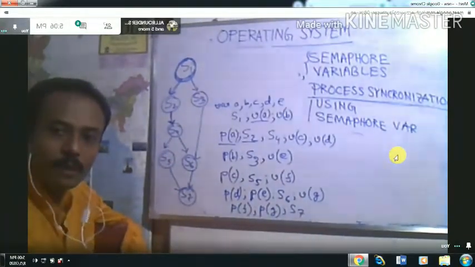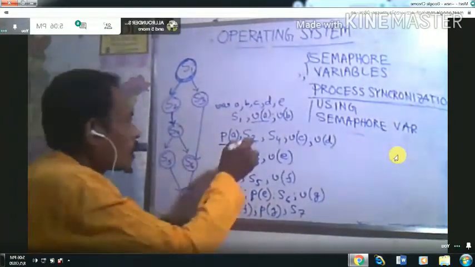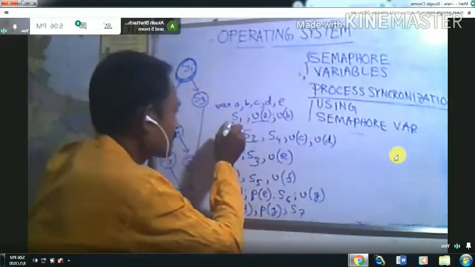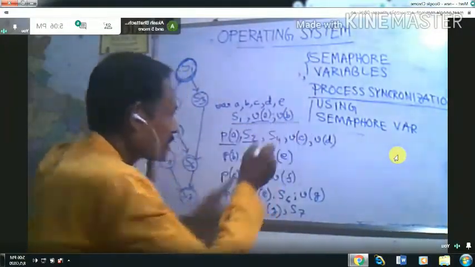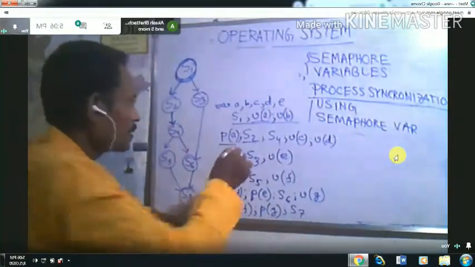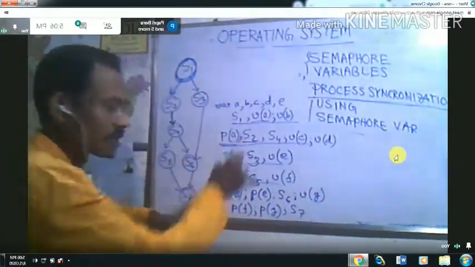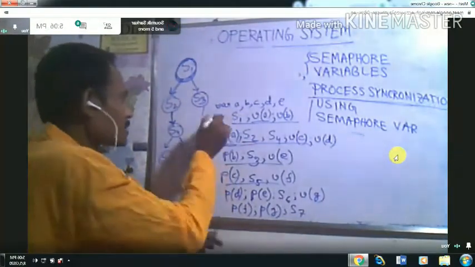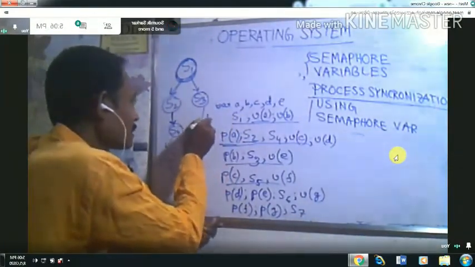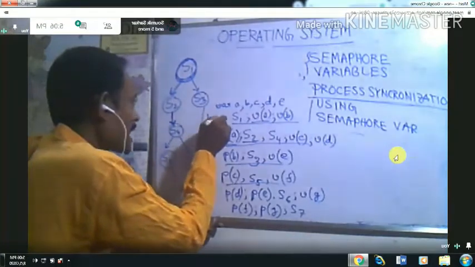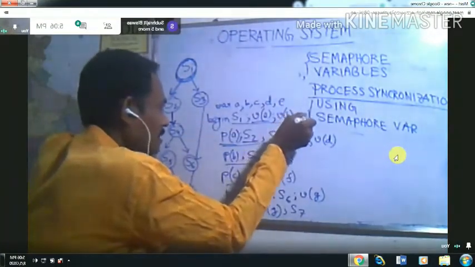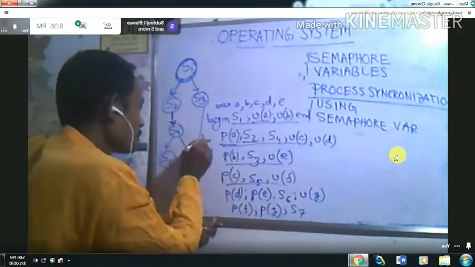And all these statements will execute concurrently, serially. They will be executed serially, and all these are child processes. Each child process will start with begin and end. It will be written within begin and end.